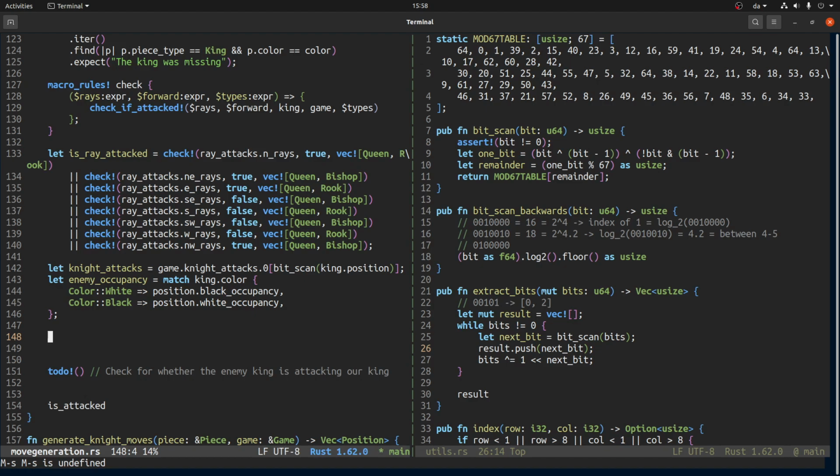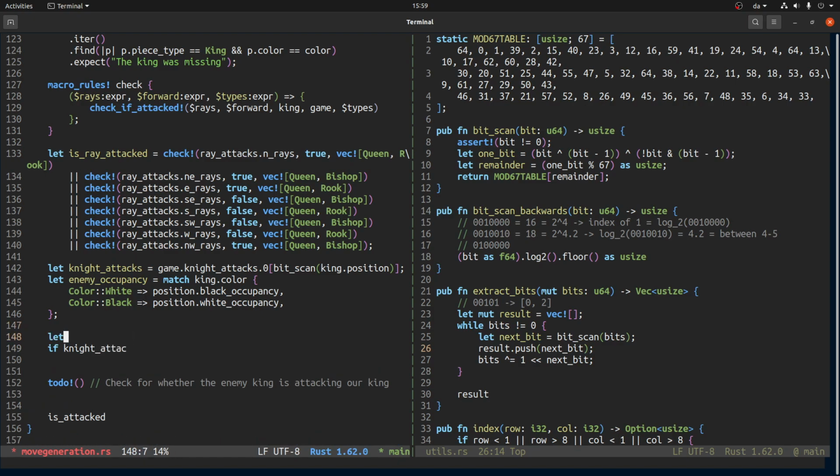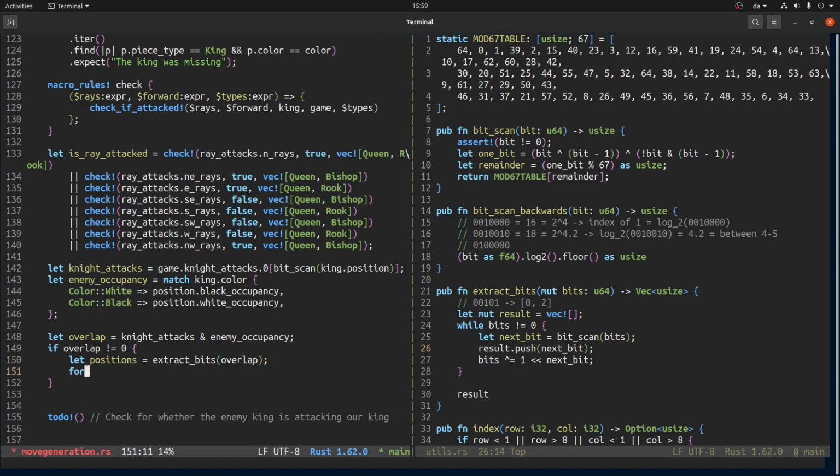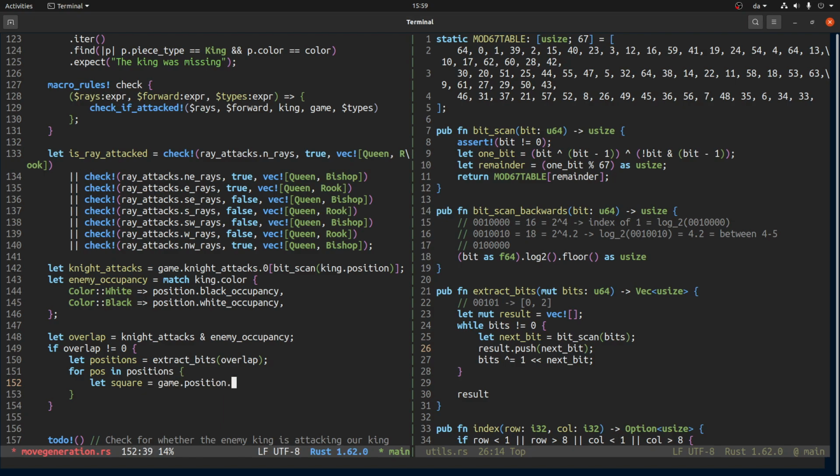Okay. So now we have the knight attacks that can hit the king. We have the enemy occupancy. So let's say if there is an overlap, let's just make a variable actually. So knight attacks overlapped with the enemy occupancy. If the overlap is not 0, then we want to do some checks. And again, we need the positions, which is the bits of the overlap. And then for positions, we want to let the square be game position dot squares and the position, and